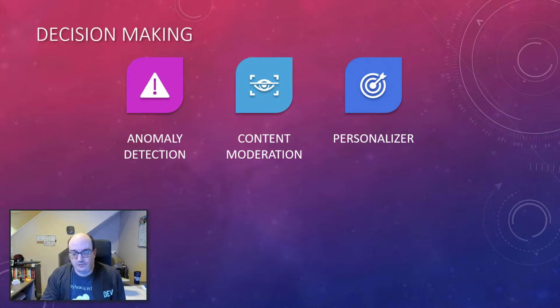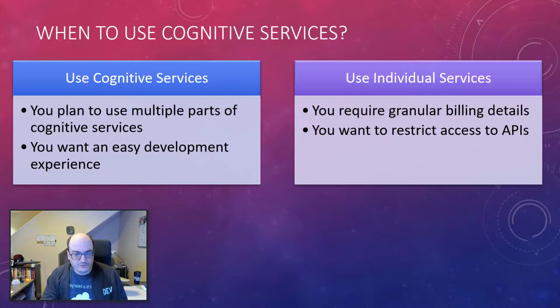So these are the cognitive services. And one of the more common questions as you get into things is, well, when should I use cognitive services versus when should I use an individual service? So for example, if I'm going to take some text and convert it to speech, should I use a new text-to-speech service or should I use the cognitive services? Well, my guidelines are, when you plan on using multiple things, or multiple things maybe in the future, you don't need to restrict your developers. You're fine with developers adding in new capabilities to cognitive services. Use cognitive services. It's the easiest way of adding new things. It's the easiest way of managing things under one service because you have one API key that you're dealing with, or a pair of API keys rather,